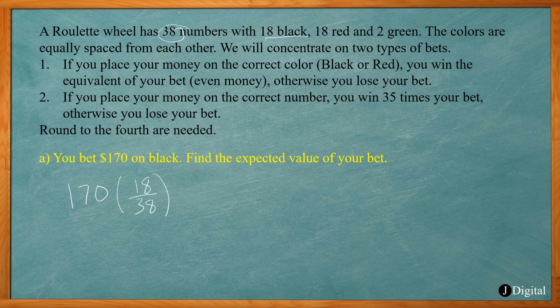Our second event, if we don't land on black, we're going to lose $170. And the probability of that happening is going to be, either red is 18 versus 2 green, so a total of 20, and that's going to be out of 38. Okay, so if I take 170 times 18 over 38 minus 170 times 20 over 38,